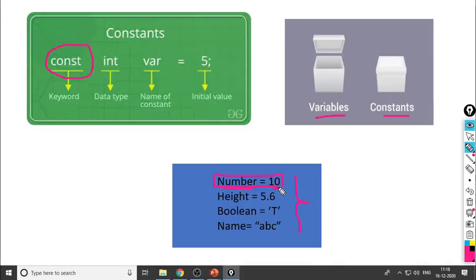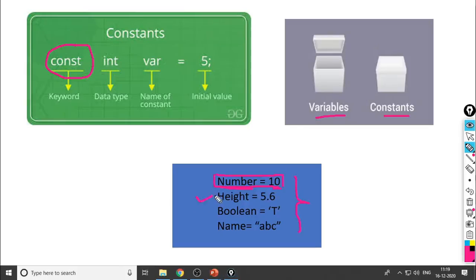Why is it called an assignment statement? Because we are assigning some value to the variable. So the variable should be present at the left hand side and the value should be present at the right hand side. Don't write like this, 10 is equal to number, because this will be wrong. So number is equal to 10. Here we have stored an integer value to the variable number.